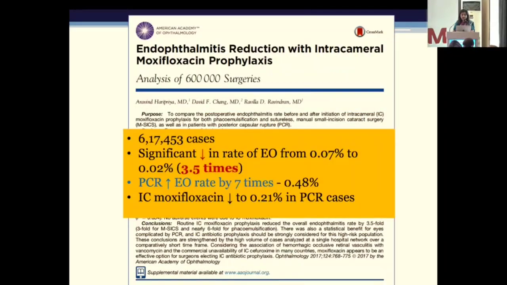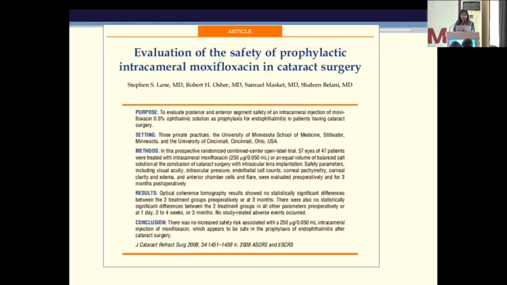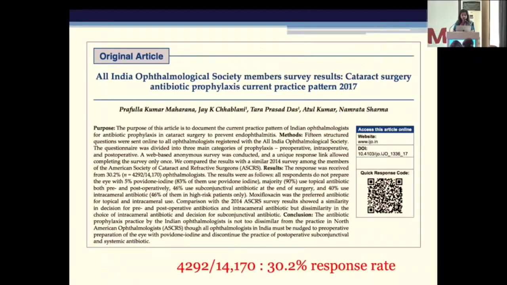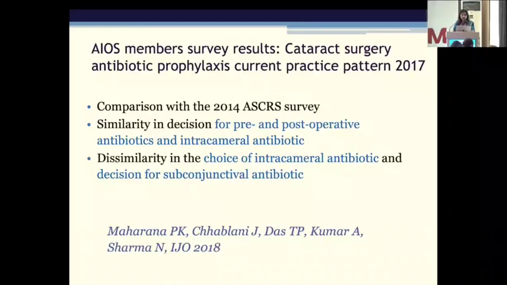And likewise, in 6 lakh plus patients, they again showed that it decreases the rate of endophthalmitis 3.5 times. Whenever you have a PCR, the chances of endophthalmitis increase, in their study by 7 times, and again moxifloxacin helps to decrease it to 0.21% in cases where PCR is there. It is quite safe because there are no adverse events reported on visual acuity, IOP, endothelial cell loss, pachymetry, or AC reaction. And this was the first survey that we did in 2017, which highlighted the fact